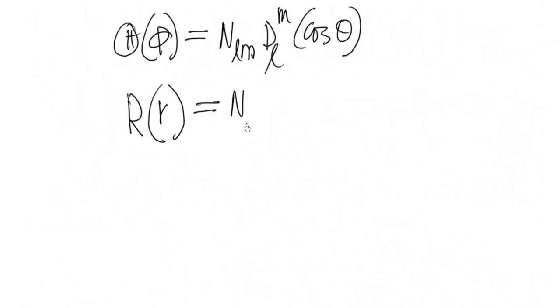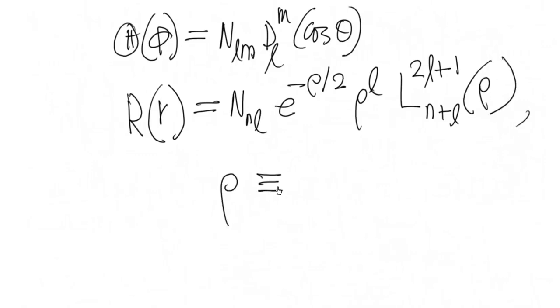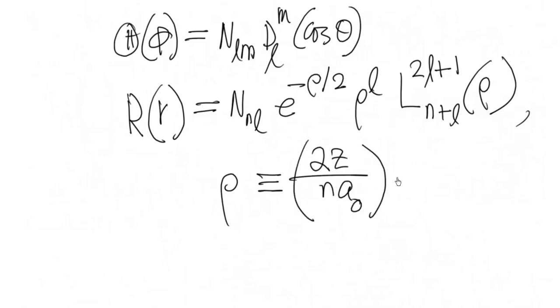This is R n l, and this is e to the power minus rho by 2, and rho to the power L, and capital L n plus L, twice L plus 1, which is a function of rho, where rho is equal to twice Z divided by n a naught, and r,